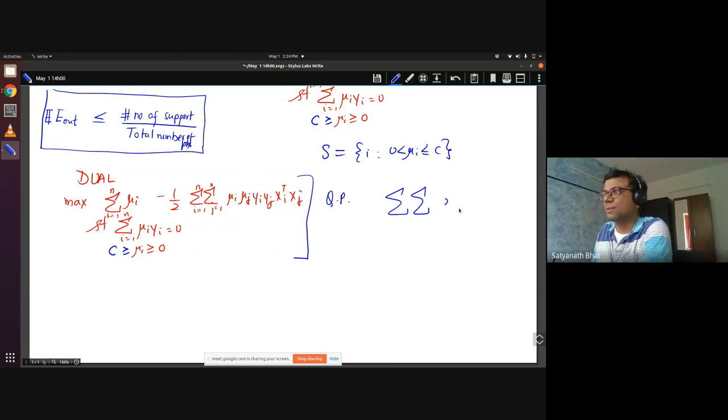Whenever you have a double summation with these kinds of symmetric terms, you have mu i, yi and xi, then mu j, yj and xj. What you can do is construct a matrix Q which is like this,